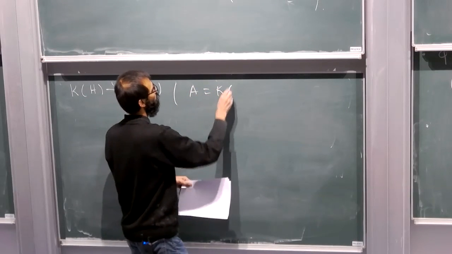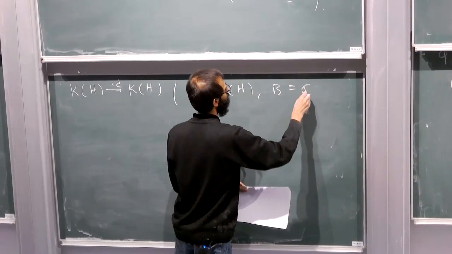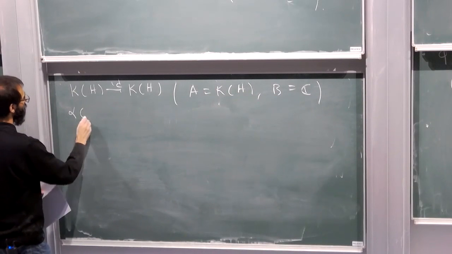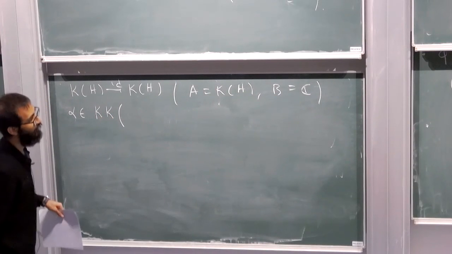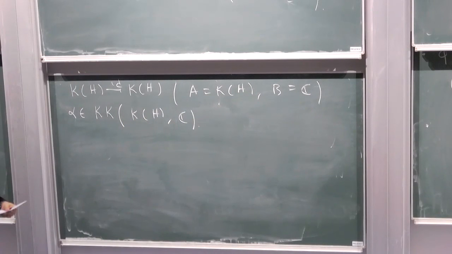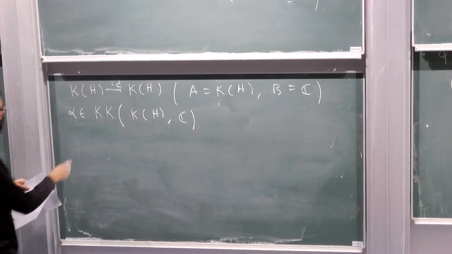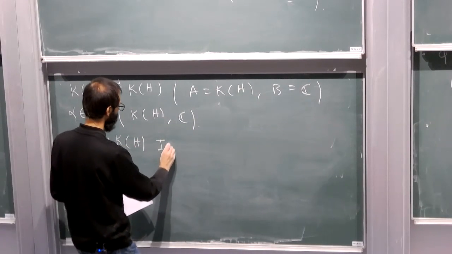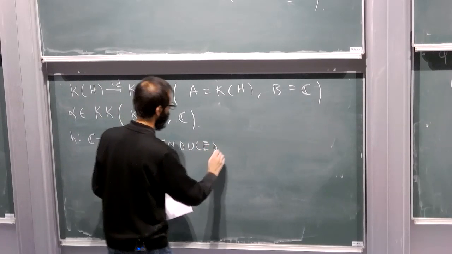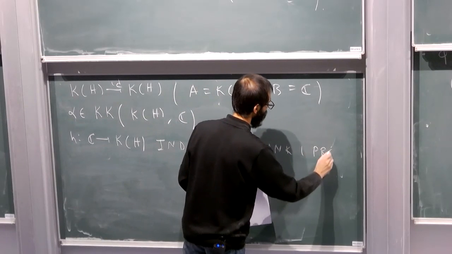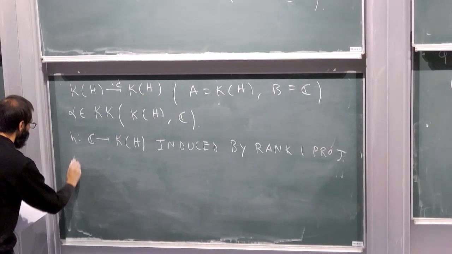Taking A to be KH, B to be C in the second condition, which means that I get an element alpha in KK of KH, comma C. Let H, this is the induced by rank 1 projection. It is known that